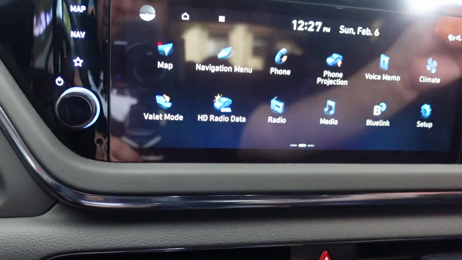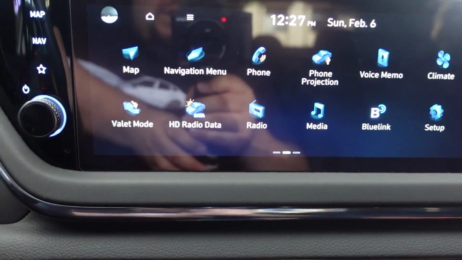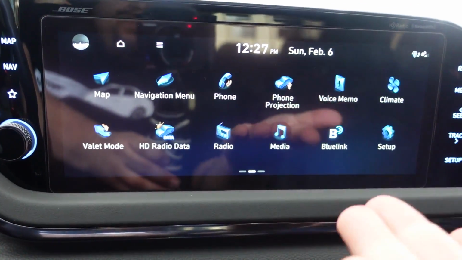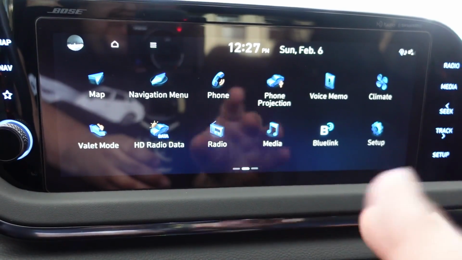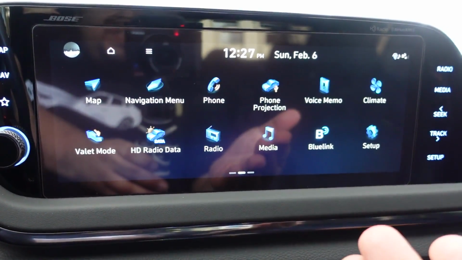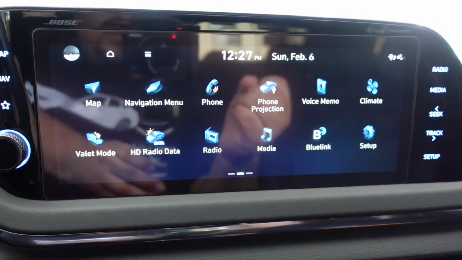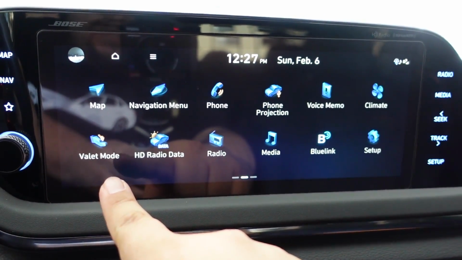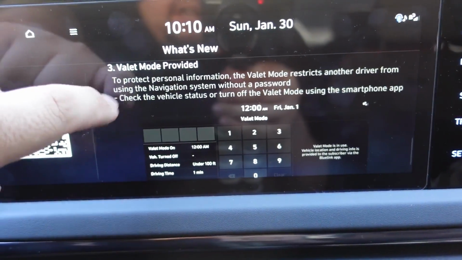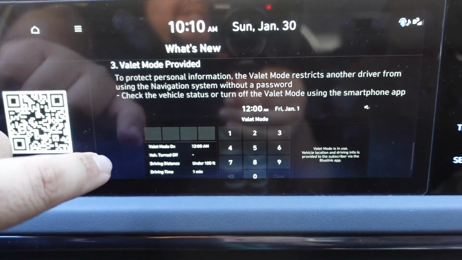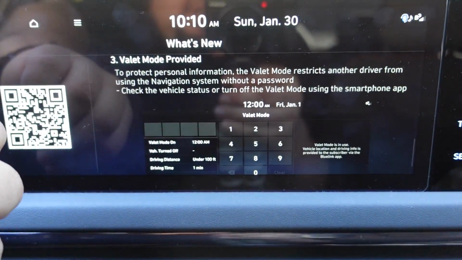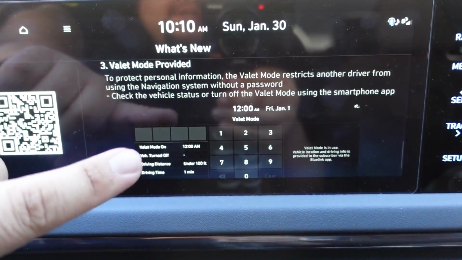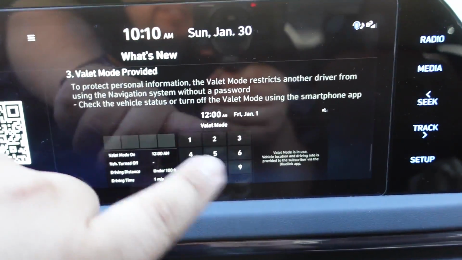neat. Now, removing that, we have the front screens, which the biggest takeaway is, of course, updated icons. Really nice, so much clearer. Big difference here from April to November is the addition of this valet mode, which you should have seen in the previous splash screen where I was showing you the updates. They've made mention of this, and of course you can just kind of go through these things, but